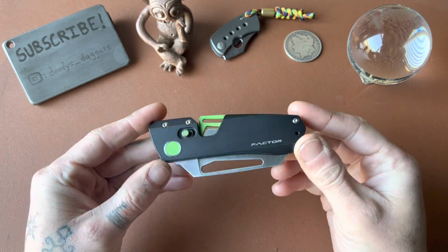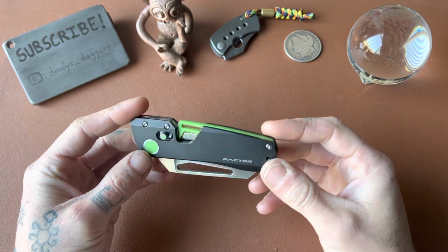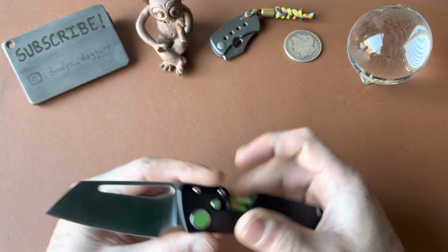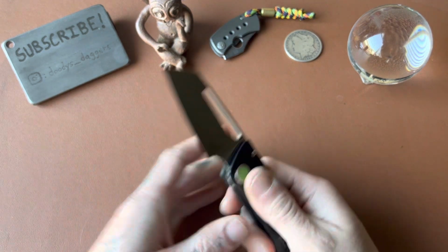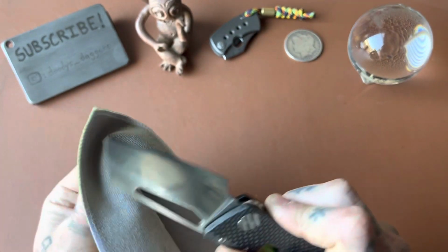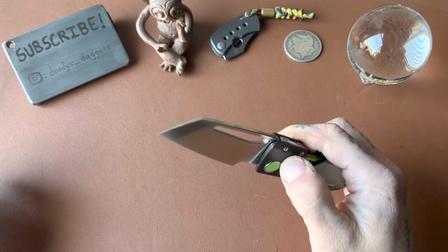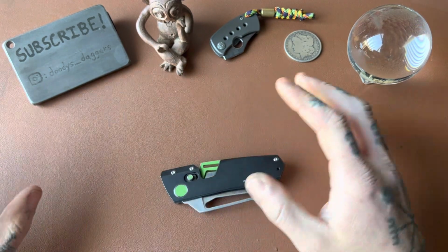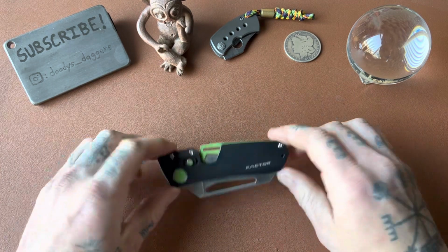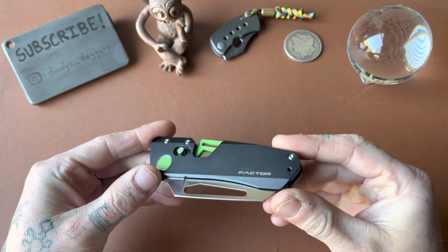over how to properly use this thing because when I first got it, if you watched my unboxing video, I was kind of fumbling around with it at first. And I did for the first day or so. And then I watched some videos, read some comments, and I realized that I hadn't been doing it quite right. So I'm going to go in depth on how I have found the best way to use this thing because